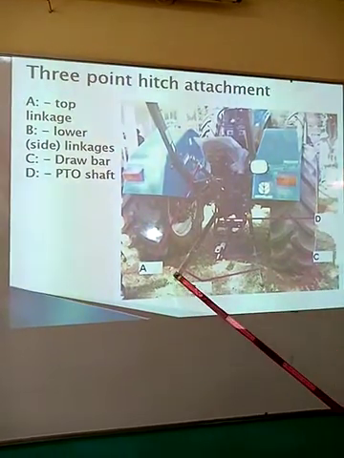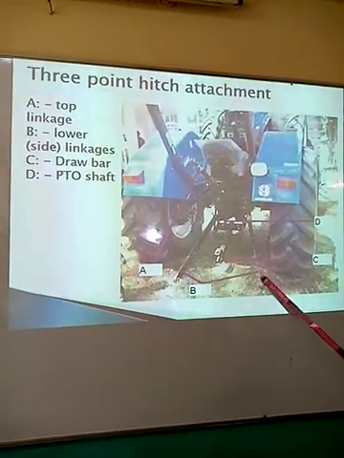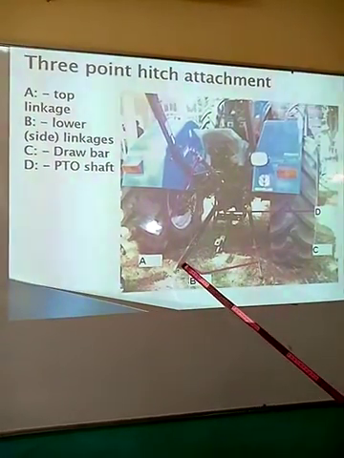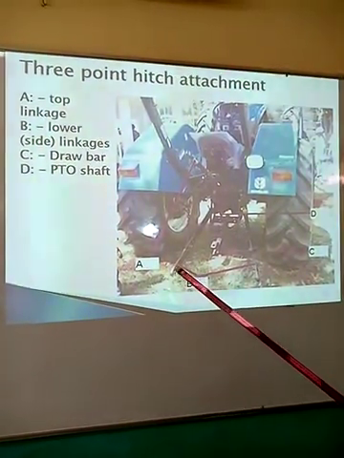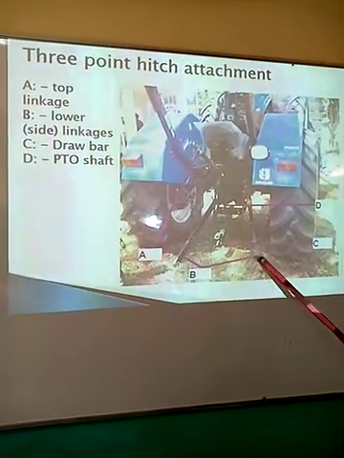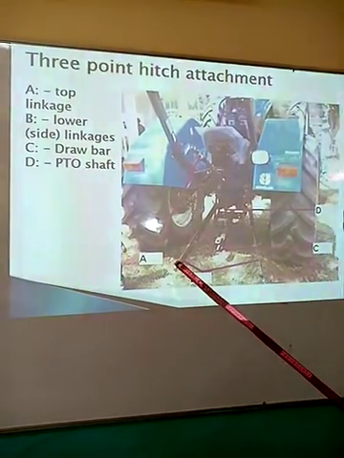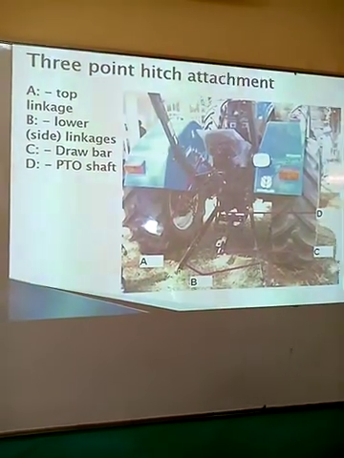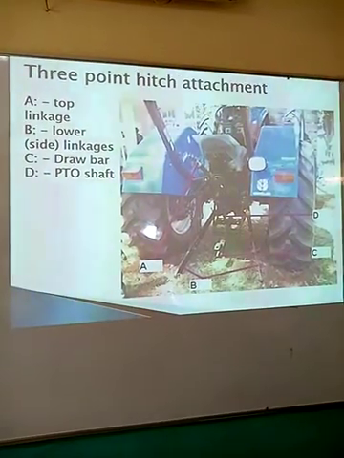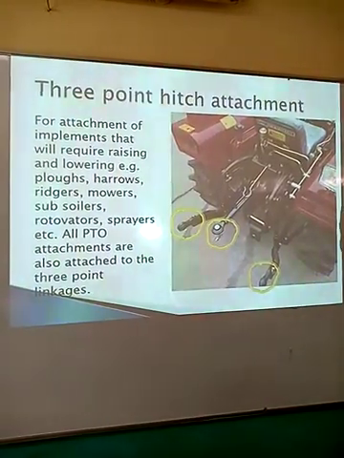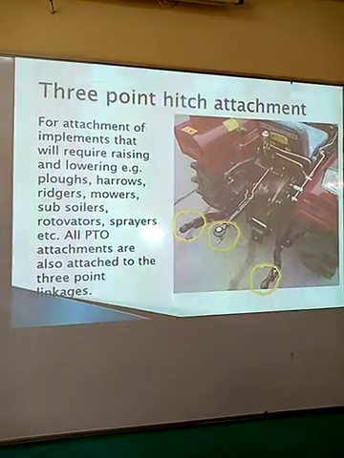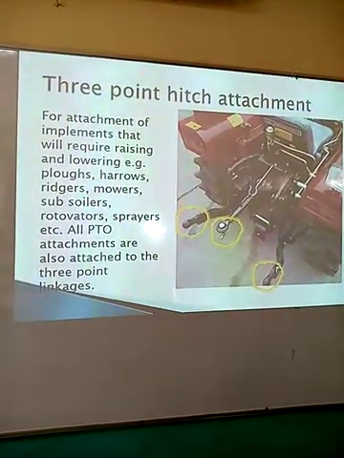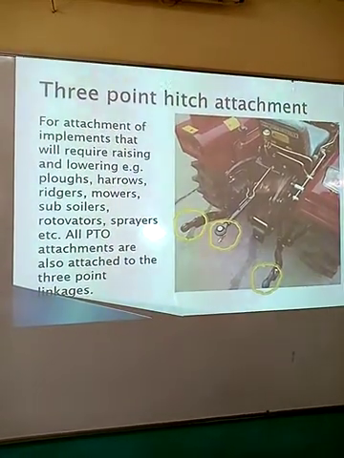Then we have these 2 side lower linkages, to which the cross shafts of the implements will be fitted, so that the 2 lower linkages together with the top linkage form the 3-point hitch attachment. The 3-point hitch attachment is mainly for attaching implements that will require raising and lowering,